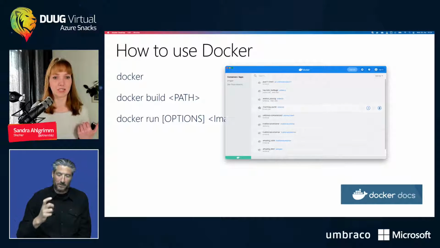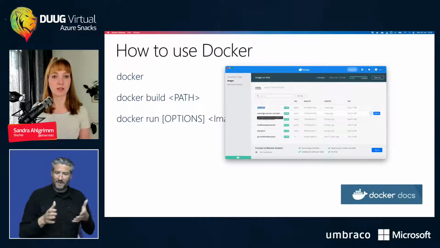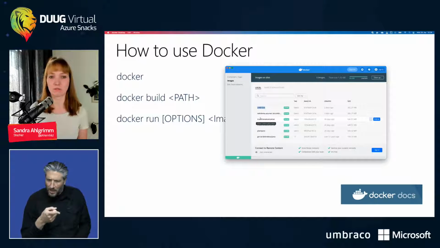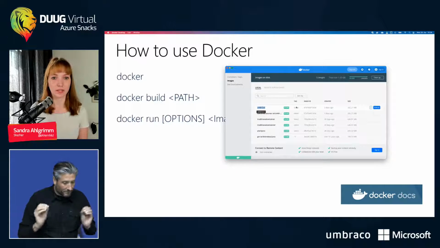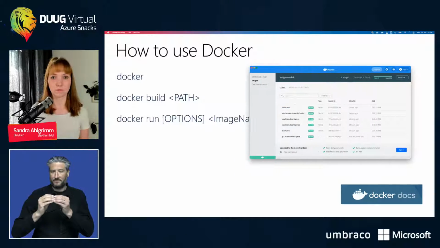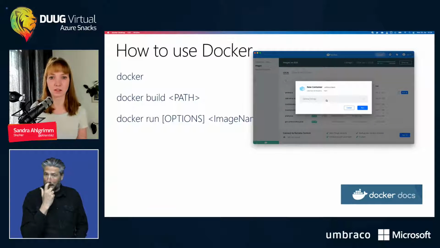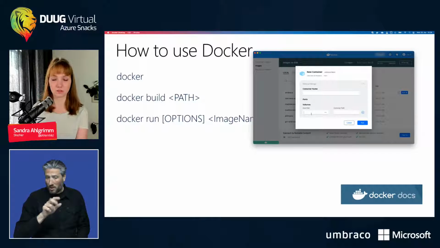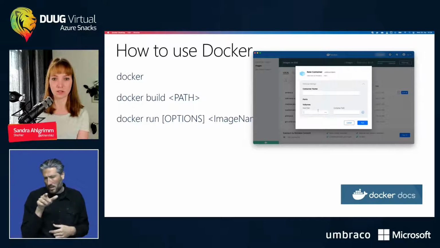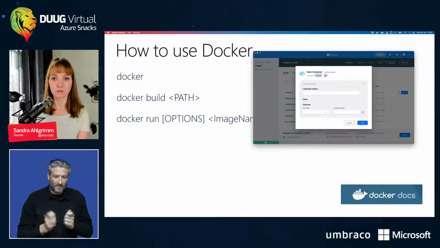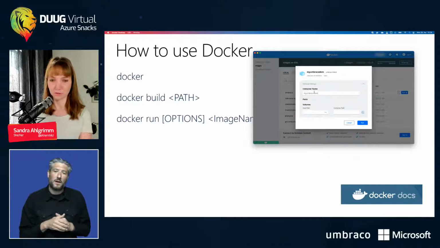So here I have some containers I already ran, and I can also check my images. So here's also the Umbraco image. And if I don't pass a name, it will just create one for me. Okay. So I can easily start them as well. The Docker UI would do the exact same thing, like if I would here click on one, and then I can do the settings. So here I would probably pass, I can give it a container name. Oh, here's also one in progress, like my Umbraco demo, for instance.